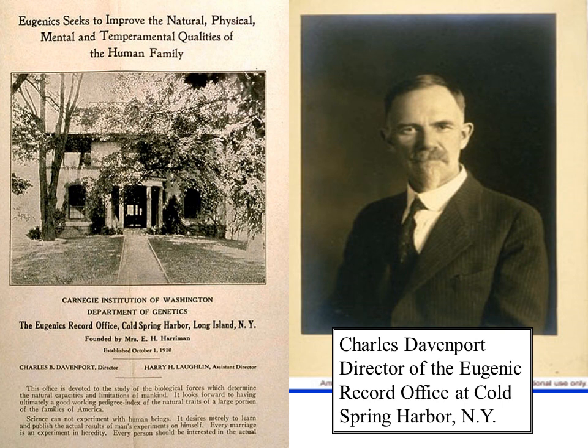Now, like I said, in the UK, none of their policies were ever put into real action by the government. In the United States, on the other hand, Charles Davenport had a couple of pretty big supporters in his movement. As you can see, you have the Carnegie Institution of Washington Department of Genetics written on that pamphlet. The Carnegie Institution was a huge patron of Davenport and the Eugenic Record Office, so Davenport had tons of money at his disposal.